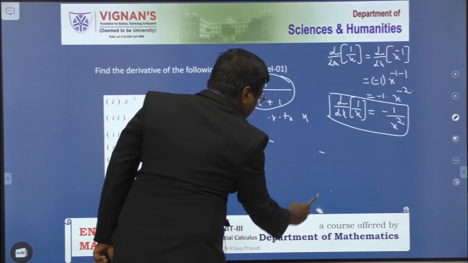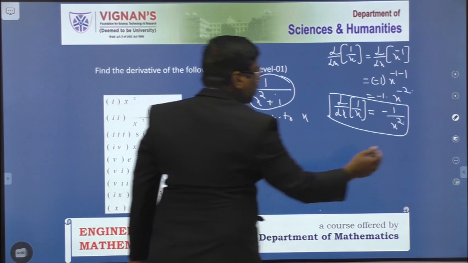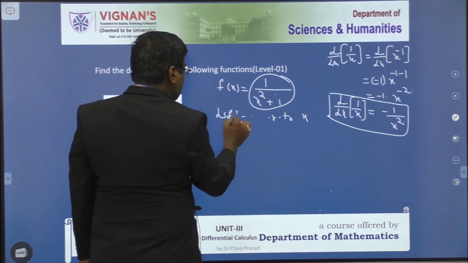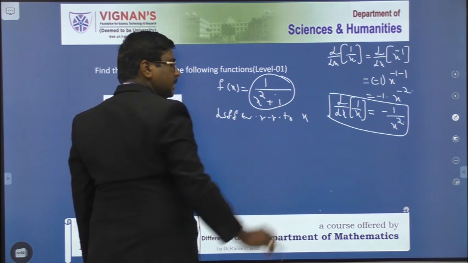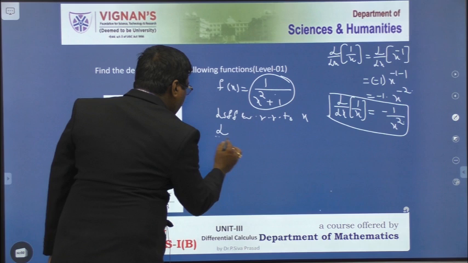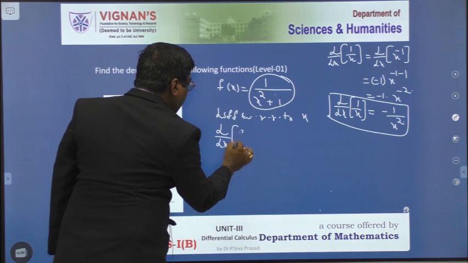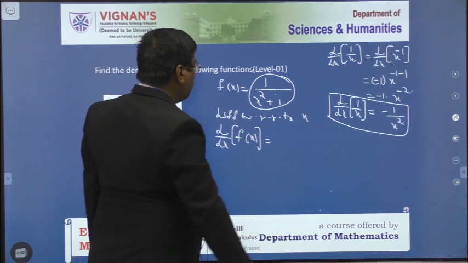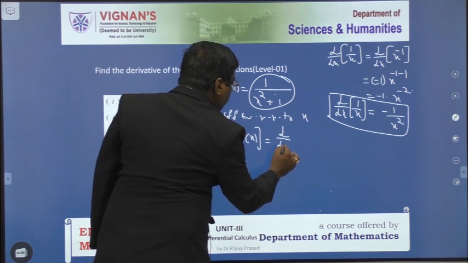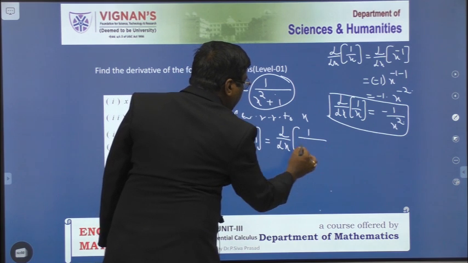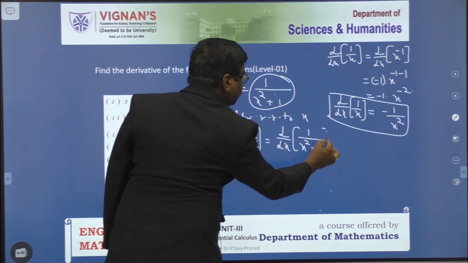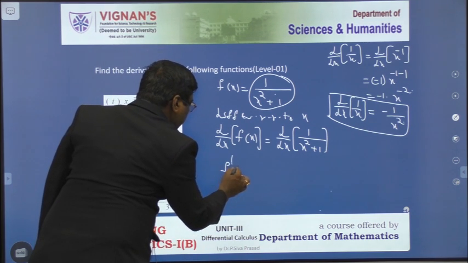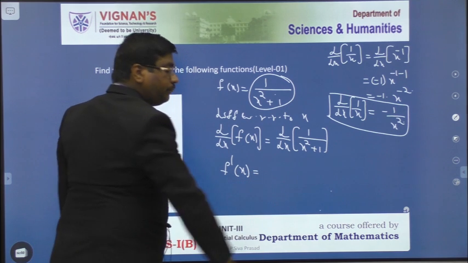Differentiate with respect to x on both sides. Therefore, d by dx of f of x is equal to d by dx of 1 by x square plus 1. So, in this place I have to write f dash of x is equal to,